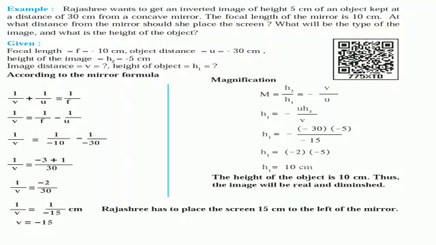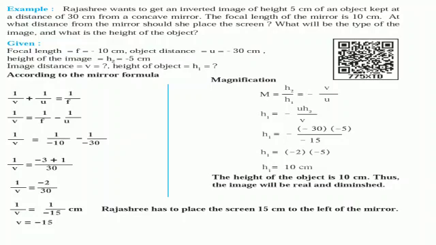We have already taken the value given. f is given as negative 10 since it is a concave mirror, and the formula has minus 1 upon u. u is also given as negative 30 centimeters. So, substitute. So, you will get minus 1 upon 10 plus 1 upon 30. When you find the LCM of 30 and 10, you will get 30. 30 divided by the first denominator, 10, it will become 3, multiplied by the first numerator, 3 into 1, negative 3.